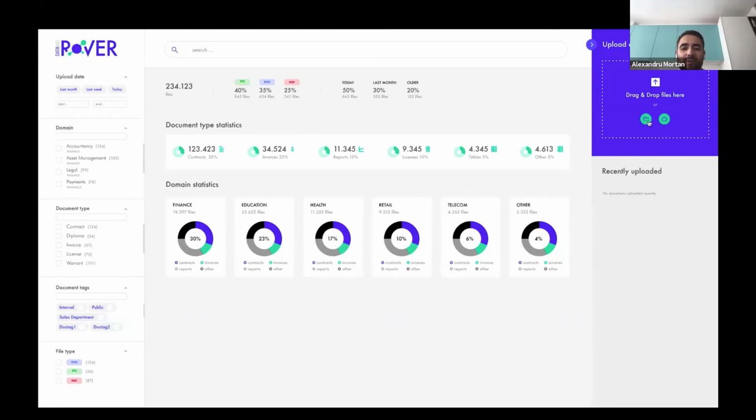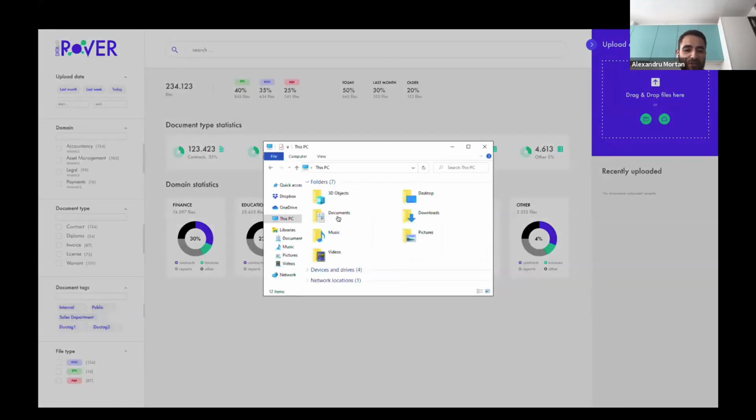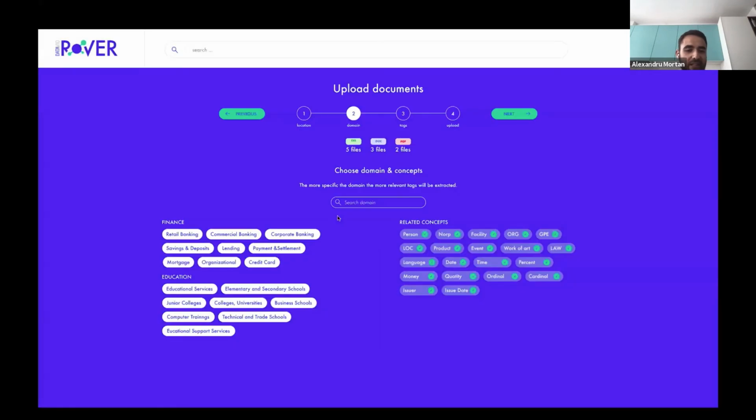Let's first go over a bit. Let's say you have another batch of documents that you haven't yet loaded. So you go over, you load those documents. It might be from any cloud source. It might be a file system. It might be a network drive. And then you go to step 2, which is the interesting part here, where you have to choose the concepts